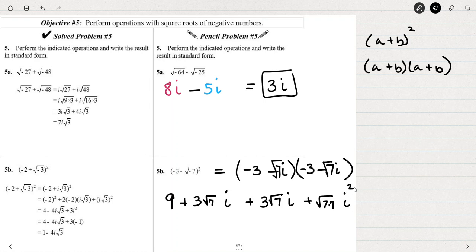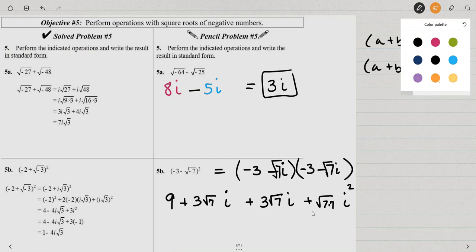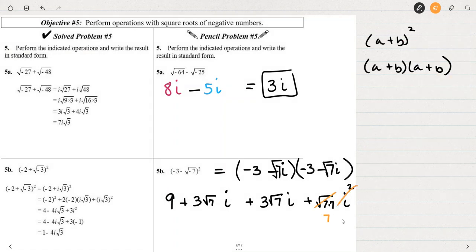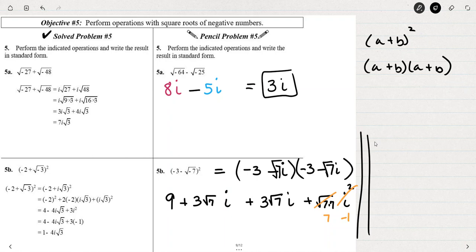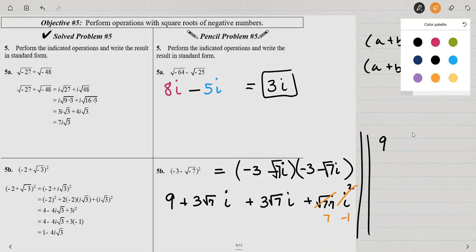And then i squared is going to be negative 1. So it's going to be negative 7. Combining like terms, I'd have the 9 minus 7